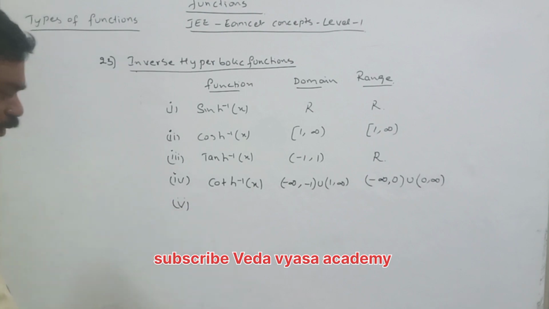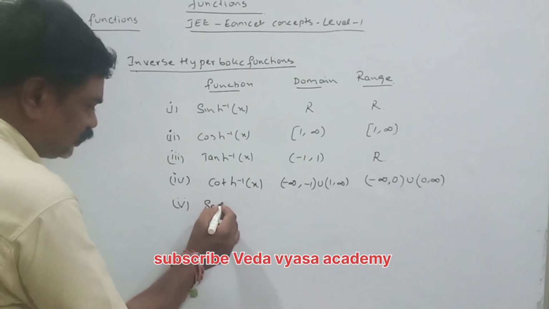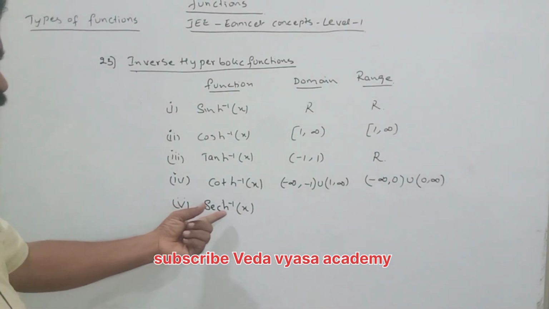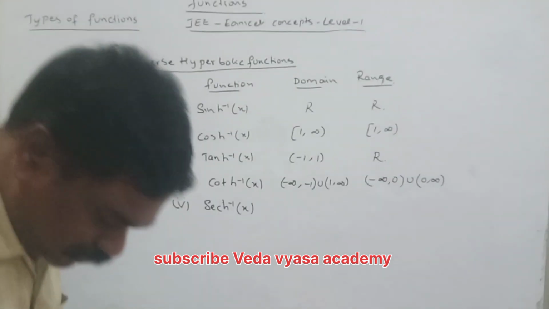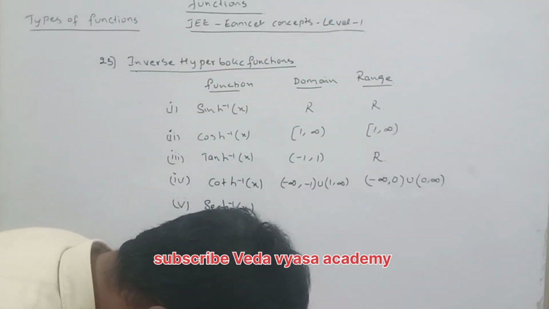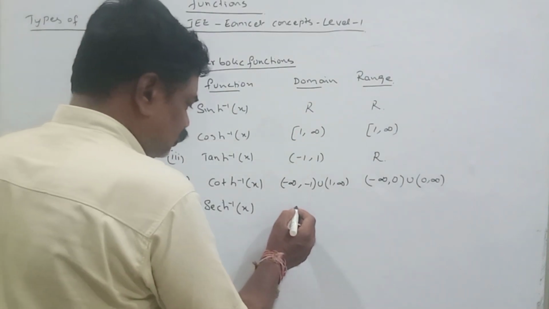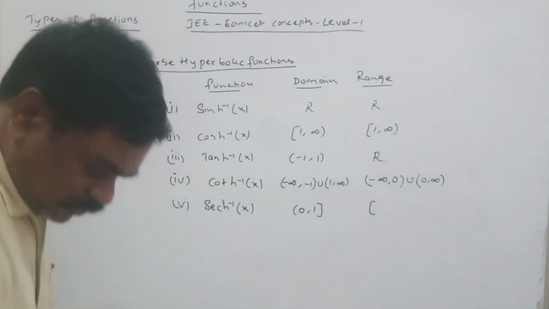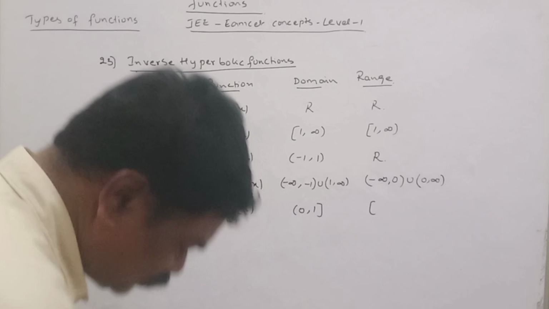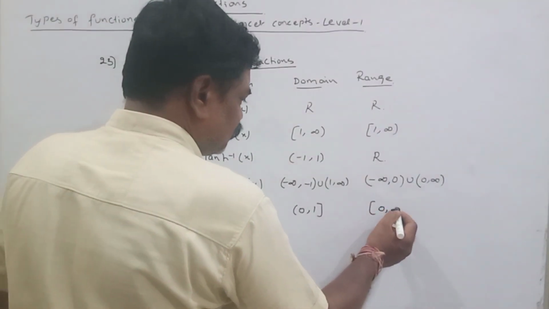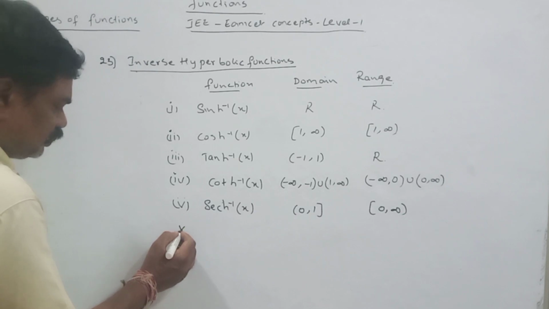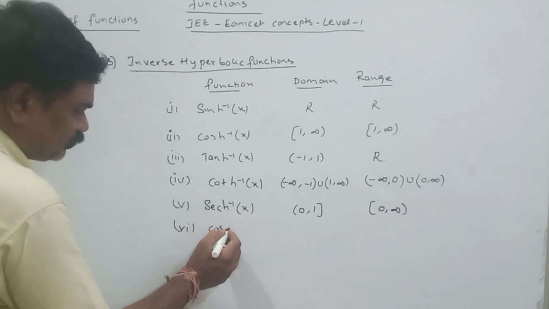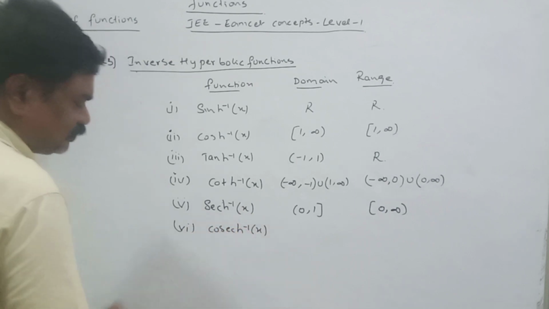Next, fifth one, sech inverse of x, the inverse hyperbolic function of sech. So the domain is 0 to 1 closed, and closed 0 to infinity is this range. Next, sixth one, this is the inverse hyperbolic function of cosecant,